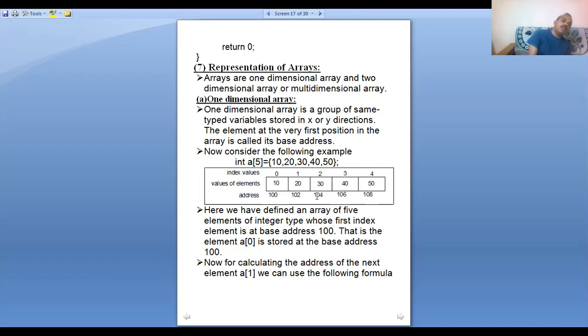If it is a character array, each memory block occupies 1 byte of memory.